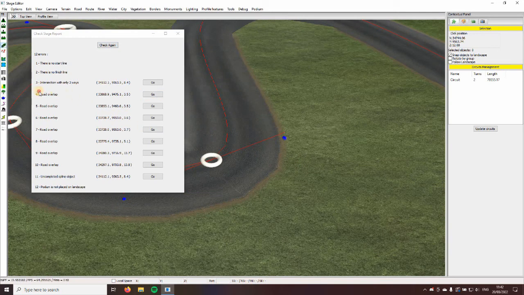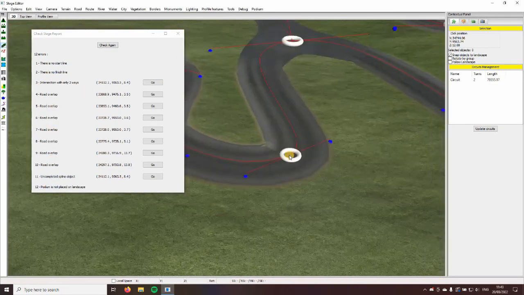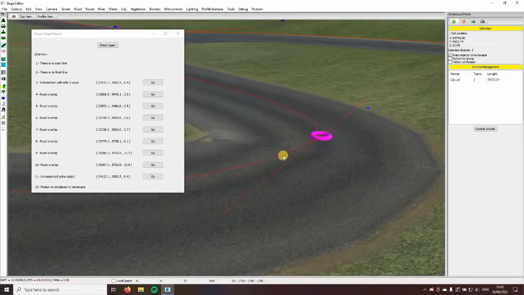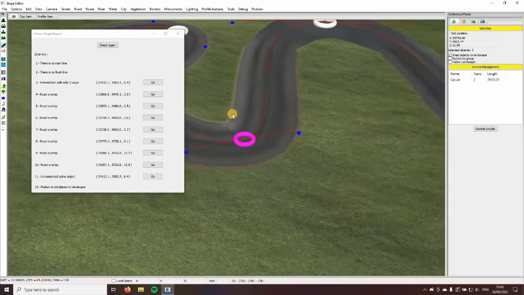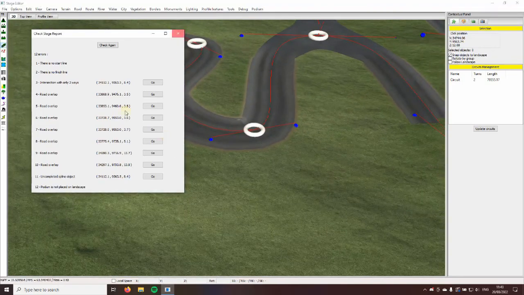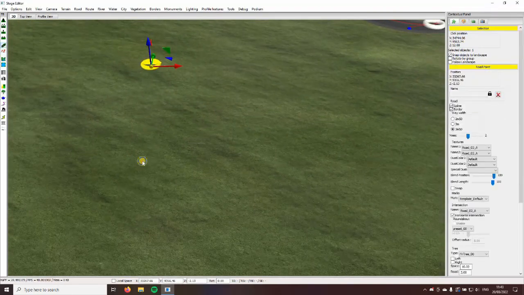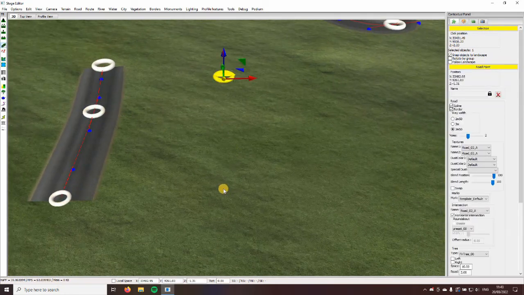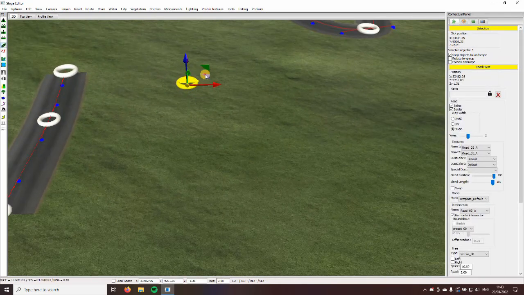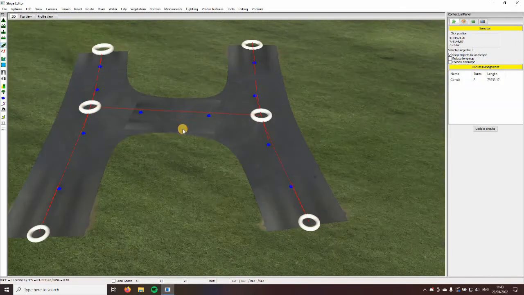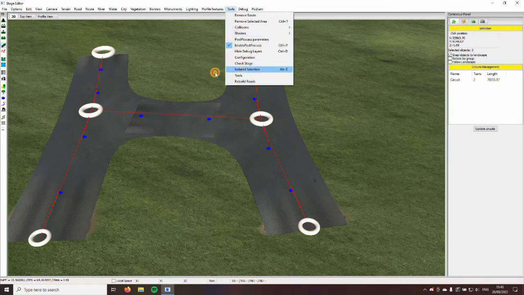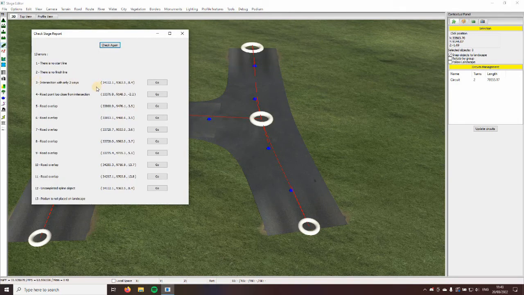So road overlap, the error road overlap, you see I have different road overlap errors, you can see it very clearly here. The road is just overlapping itself, and that's not great. That mostly happens in tight corners, or you can't put 2 intersections too close to each other. So if I do this, you see that there is also road overlap, and it will also show up another error,